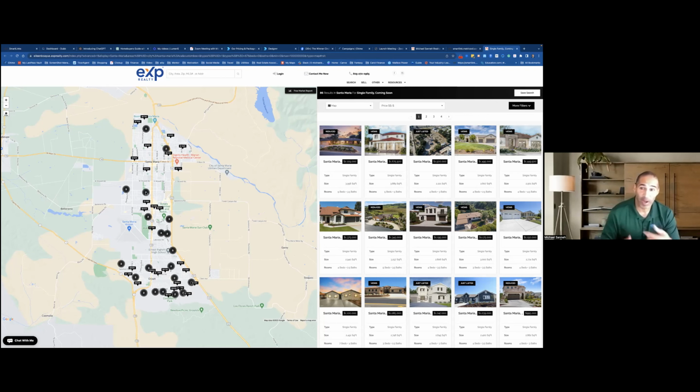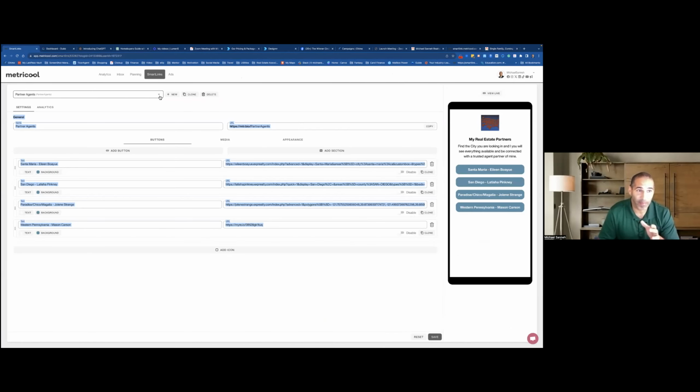And then you have to wait for me to give the contact. This way, they can come to my site if they're looking, even if they don't want to talk to me, or they decide to just start looking in Sacramento, they can come there. So that's one huge thing. And I can make this link, and I can also do so many other links that add in there on Metricool.